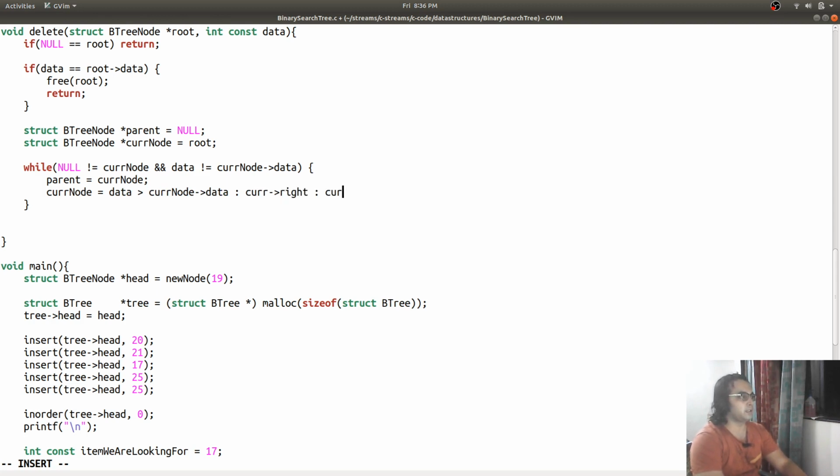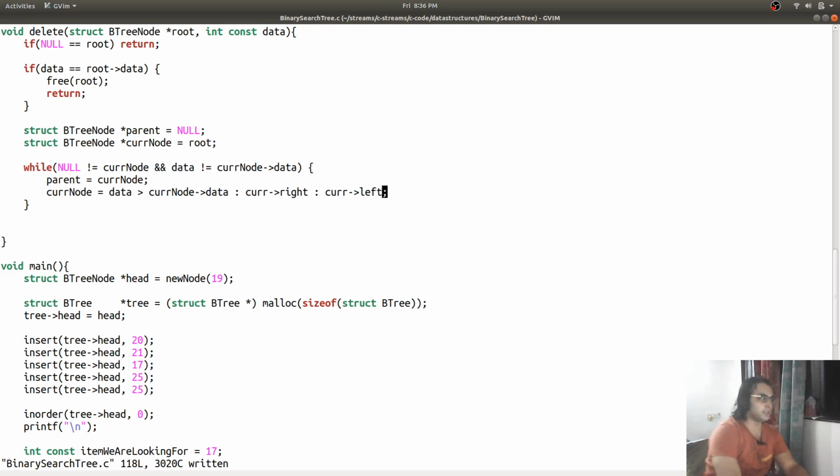Otherwise it needs to go to the left, because this is where we are going to find this data. If the current node has a value lower than the data we are going to delete, then we move toward the subtree where values are comparatively more than the current node's data, that is, the right tree.